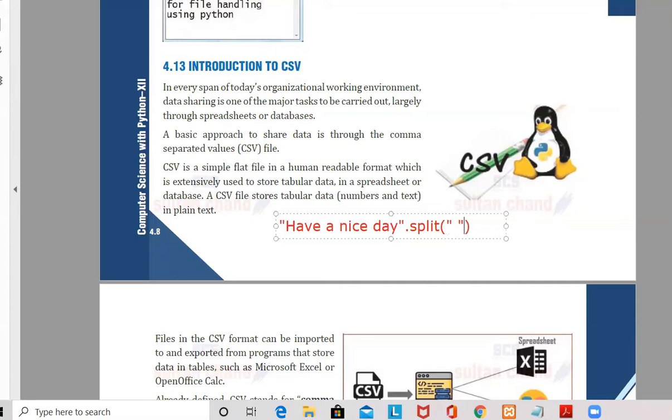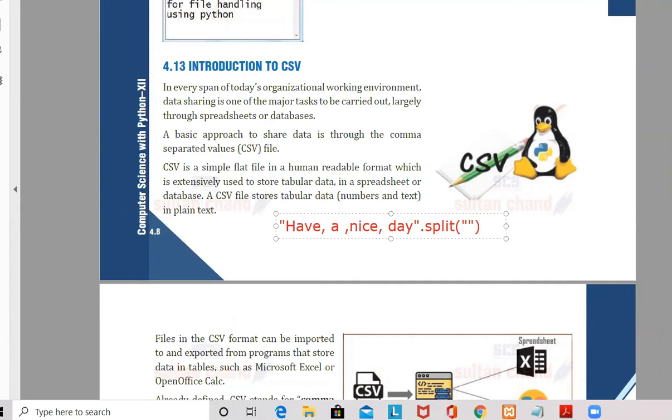Even if I'm not giving anything inside the split function, or if I'm giving the space, it means that it is going to split the string with the space. If I'm splitting the string with the space, I'll be getting the elements have, a, nice, day, each and every element stored in the list. So if I need any other delimiter which can split the string, I can specify the delimiter within the split function as comma. Now here the string is going to get split with respect to comma. So in this way we can have whatever delimiters we need.